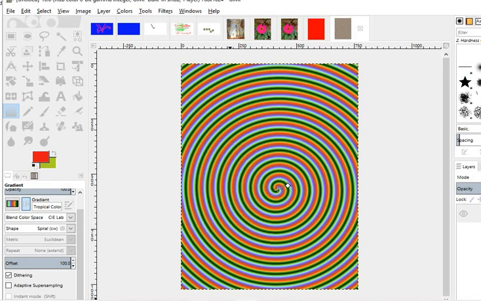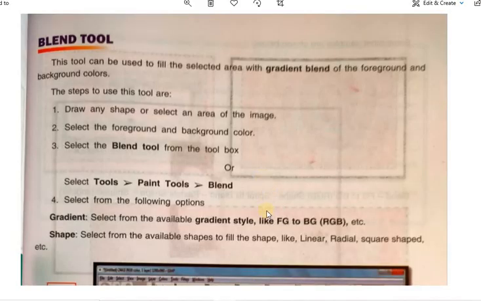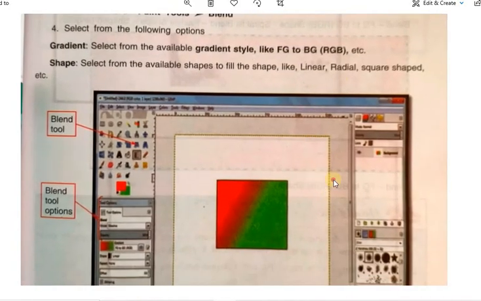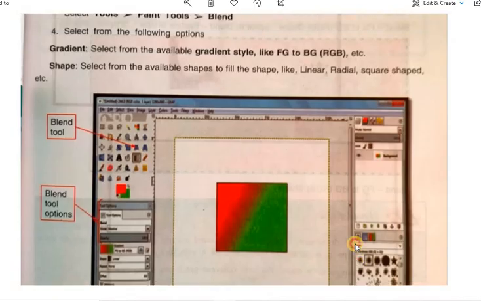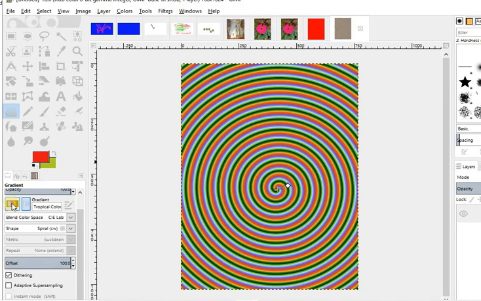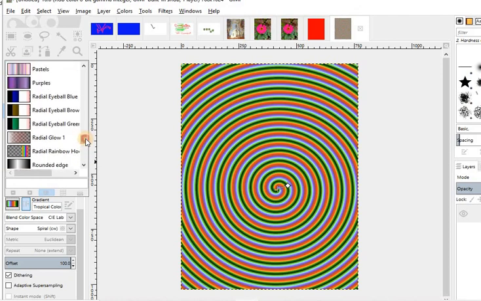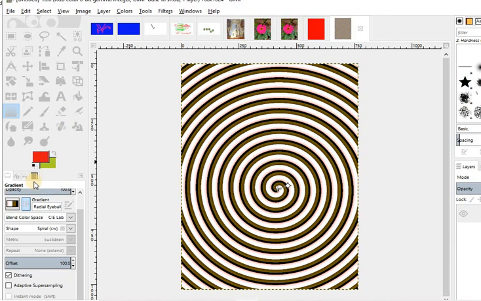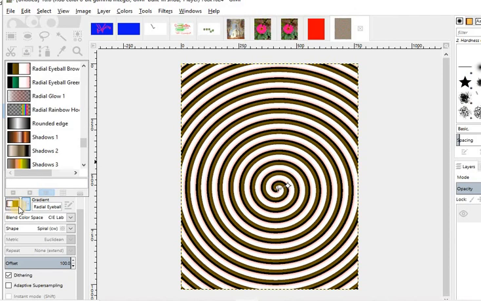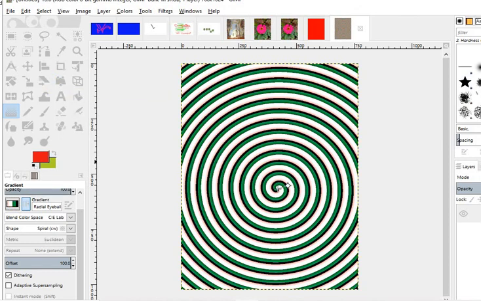So this is the blend tool. We have multiple options here to make it blend. Just what we can do, we can choose the modes from here: yellow, orange, radial, green.